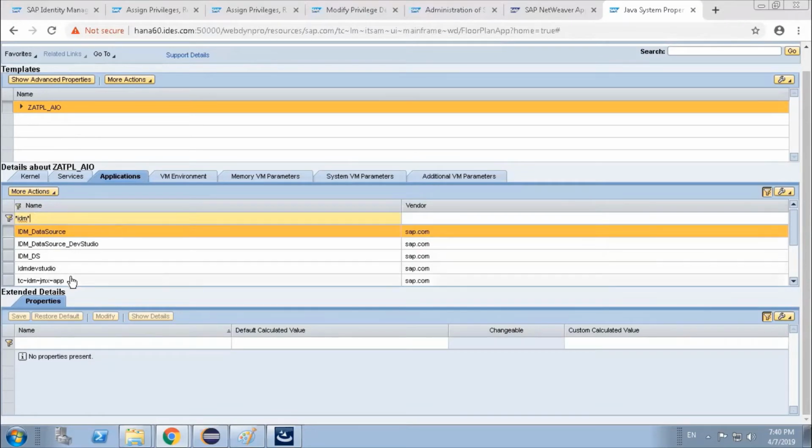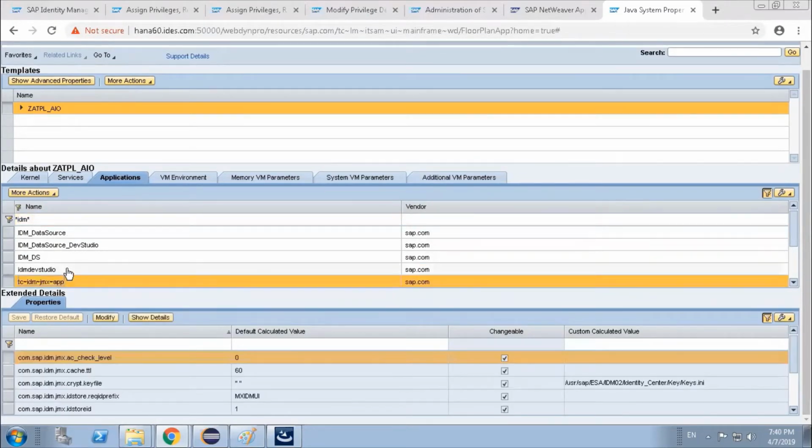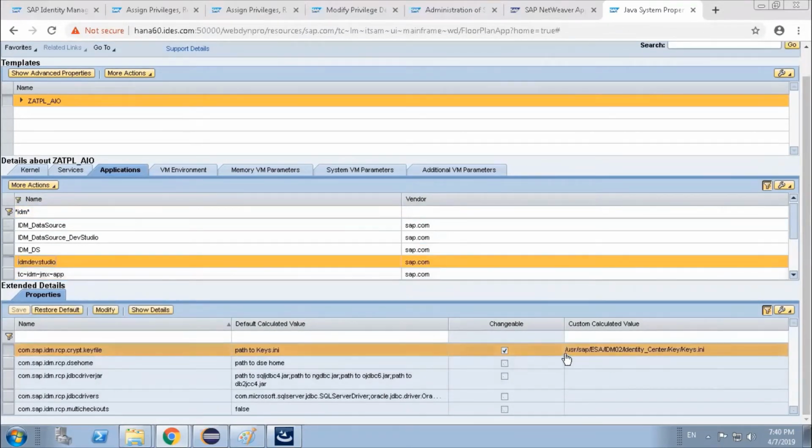But Samrat, I copied the keys.ini into the C drive also, but we have to give only the Unix path. Yes, this path we have to maintain.